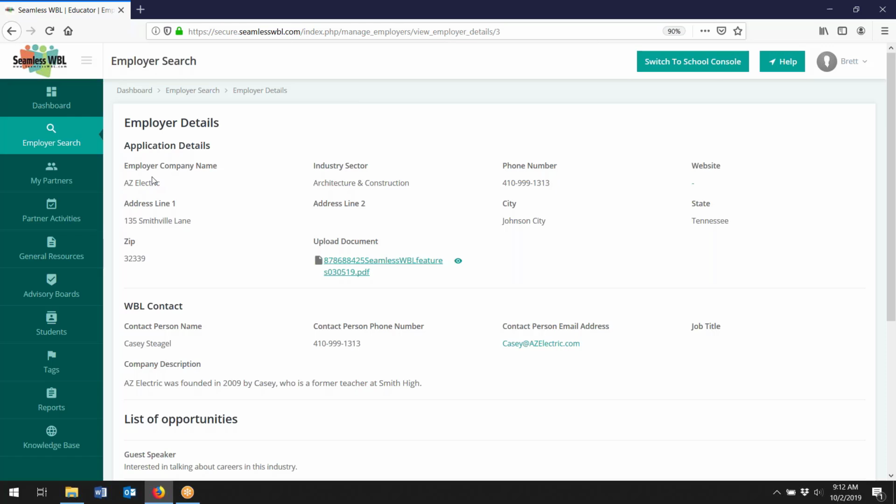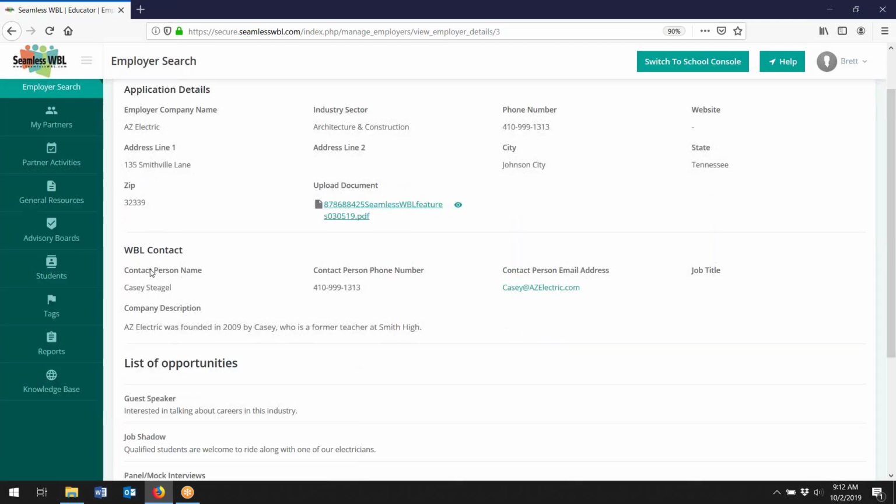And you can see you've got a lot of information on the employer. You see the company name, their industry sector, and contact information. If they have a document to review, maybe the company brochure, you'll find that here. Got the primary contact for work-based learning,